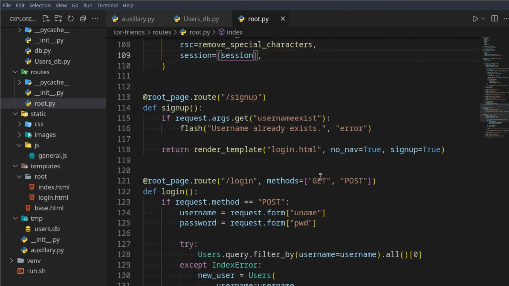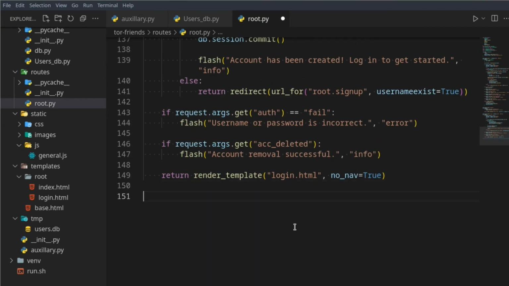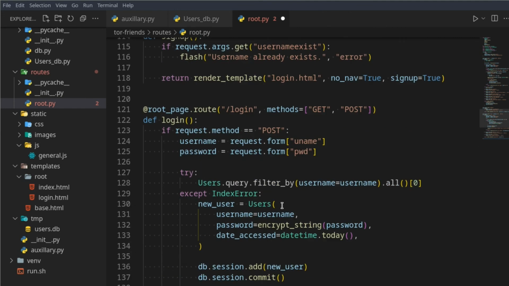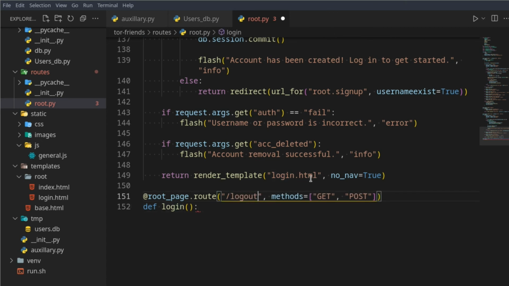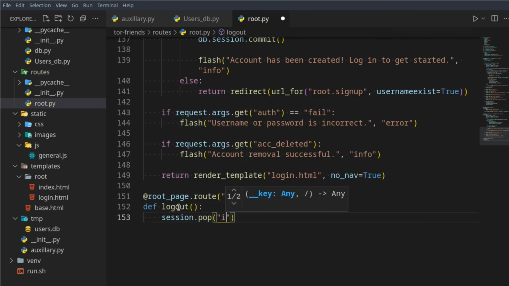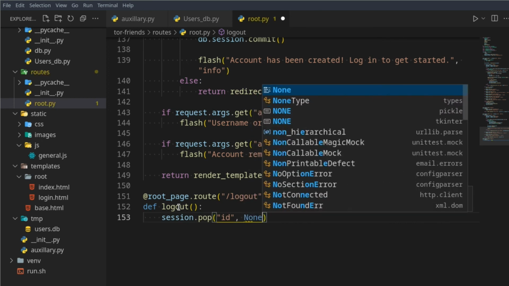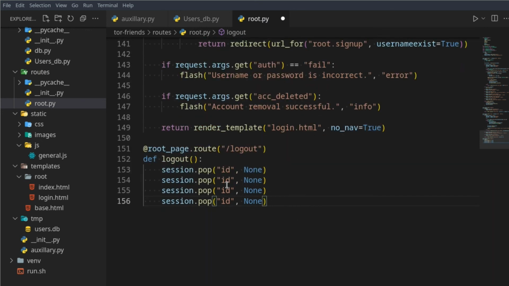But now we also need to implement logout, because what if the user wants to finally log out? If that's the case, it's pretty simple. We just copy this because this is a lot of unnecessary typing. Paste it, logout, and this doesn't need a get or post. We can say logout, and in here we just say session.pop ID. We set that to none, so we're basically setting this ID to the value of none. So this is the session values. And you do the same for mod, username,